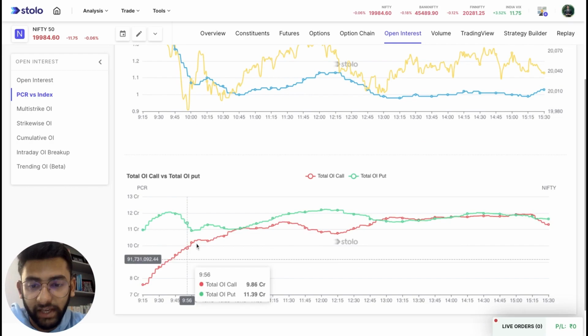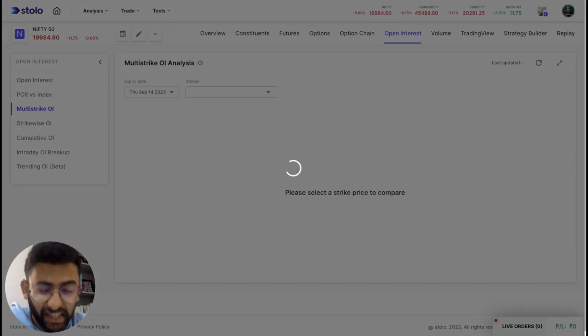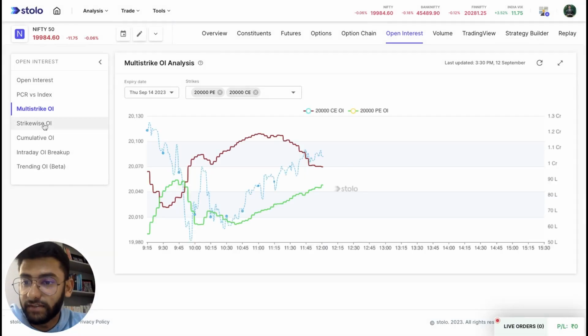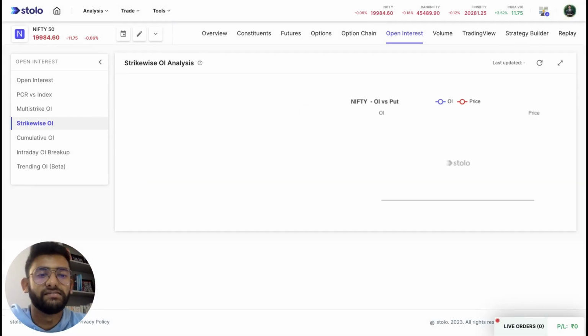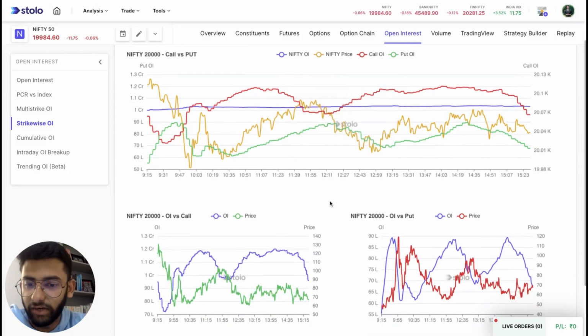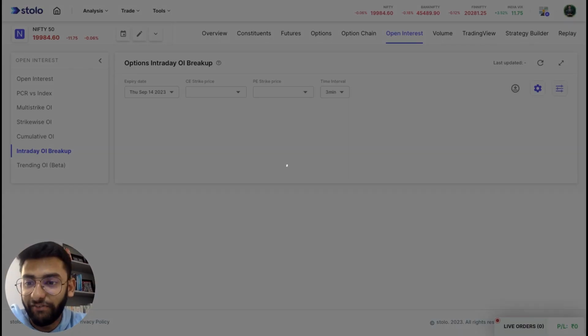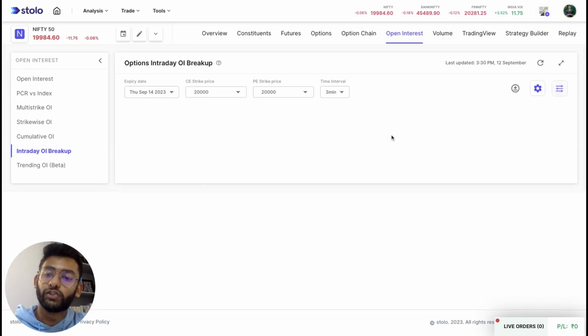You have your total OI call versus total OI put here. You have your multi-strike OI. You have strike-wise OI. So multi-strike, you can choose two, three strikes. Strike-wise, you can choose one strike, and it will give you a more in-depth view of it. We have trending OI in beta, which again we would complete the full production of and obviously release a video and show it. So once you've selected a strike as well, we have intraday OI breakup to show you